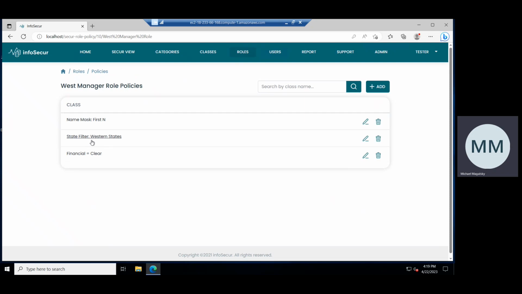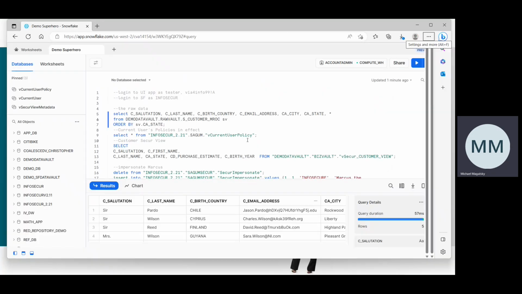And that role allows him to see the first n characters of the name, or the masked name. He's able to see only the Western states, and he has clear access to financial data. So let's see what that looks like if Marcus was to log in and